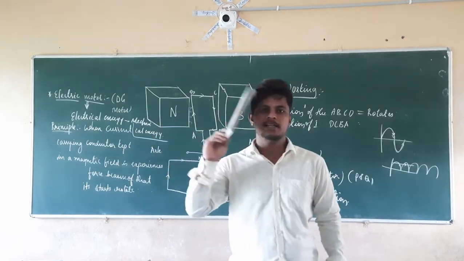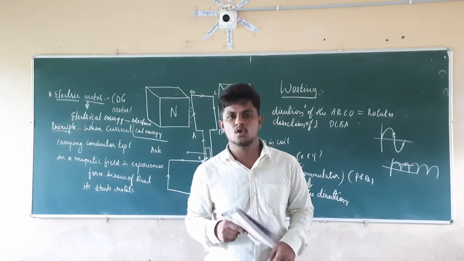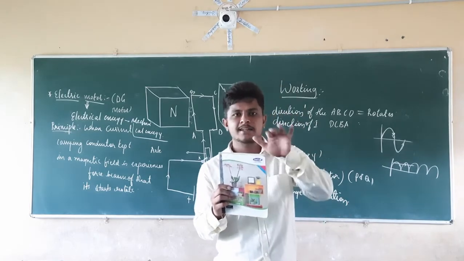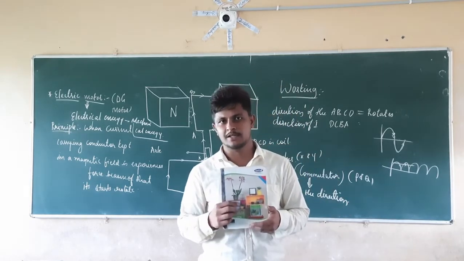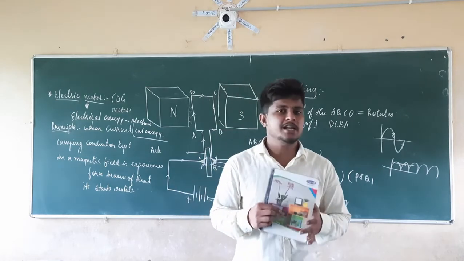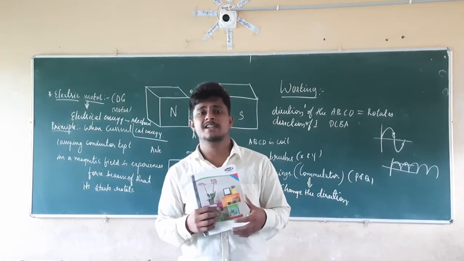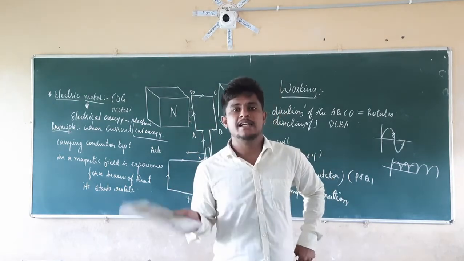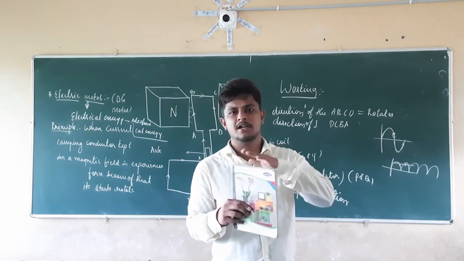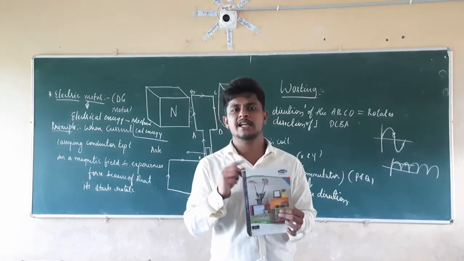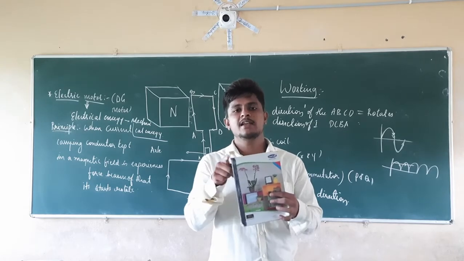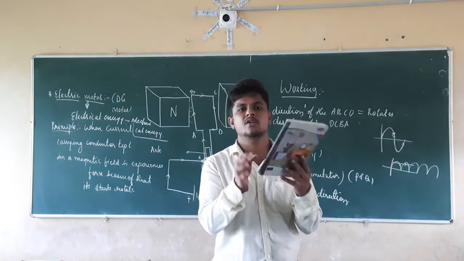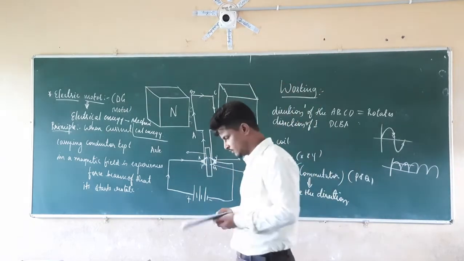If you remember while discussing Fleming's left hand rule, here the direction of the magnetic field and the direction of the electric current are both the same, both in the parallel direction. Right? If both are parallel, there is no possibility that they are going to experience any force. If you remember, they should be perpendicular to experience maximum force. If they are parallel to each other, they will not experience force. Because of that, here there will be no forces acting. Because of the initial force, it will be continuously rotating.